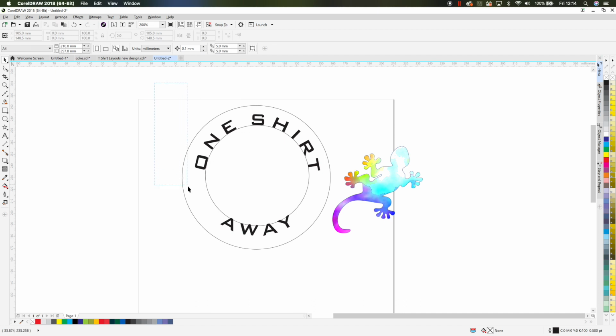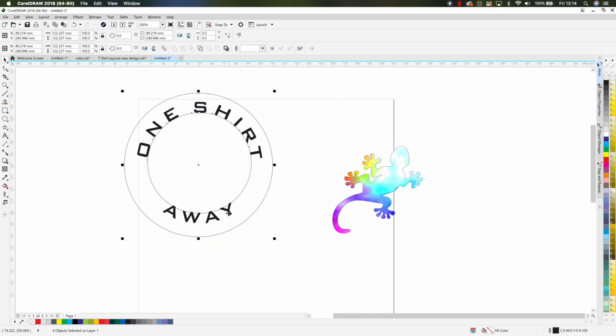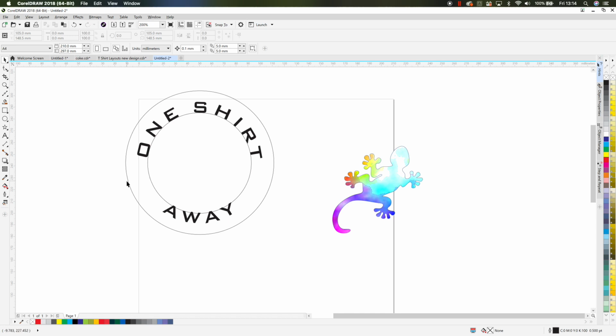I'm going to drag around the outside of that with the Select tool. So I've got all of that, and what I'm going to do now is to align this all centrally in both directions, vertically and horizontally. I'm going to press E and C. And so I know now that this inner circle and that outer circle are the exact proportion and central position